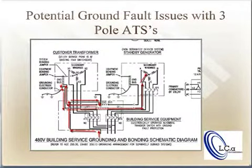And there are certain circumstances, for instance, where the generator is providing power to your system, and you have a downstream ground fault, and the ground fault comes back through this red arrow, comes back up through your system, comes around, and where you actually tie your neutral and ground together at your main service, the ground fault will travel through that and make its way back to the generator. So there are certain circumstances where you have a ground fault when you're under generator that will trip the ground fault breaker, the main breaker,